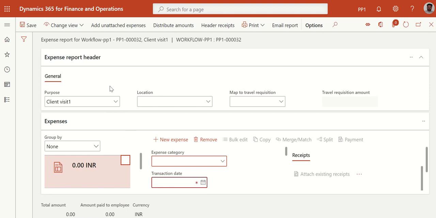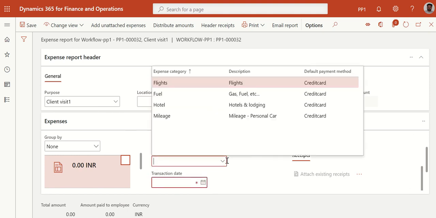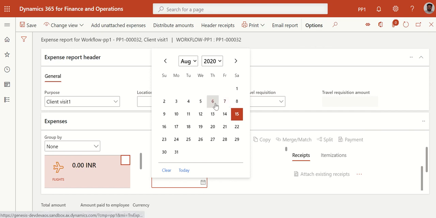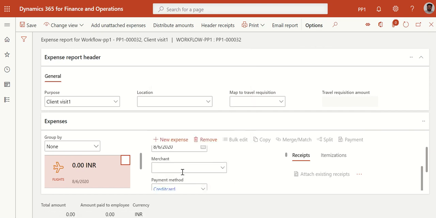Now how an employee can create: first thing is to select the expense category. So you know what expense categories you have included. Let's say hotel, or I'll start with flight. I gave flight as an expense. Select okay, transaction date. Let's say I traveled on the 6th. Okay, so what is the merchant? If you want, you can create default merchants, and you can select the payment method and transaction amount.